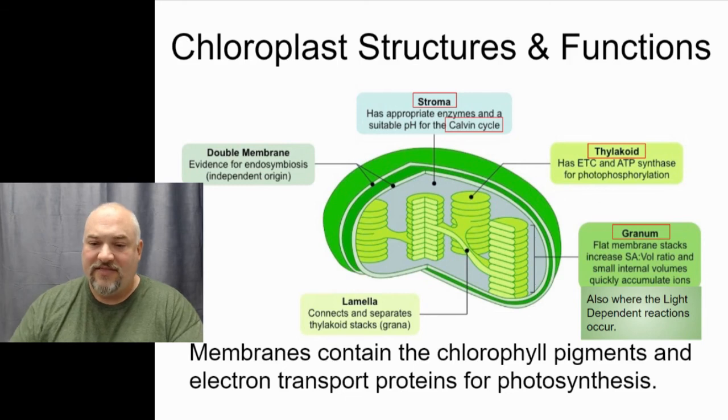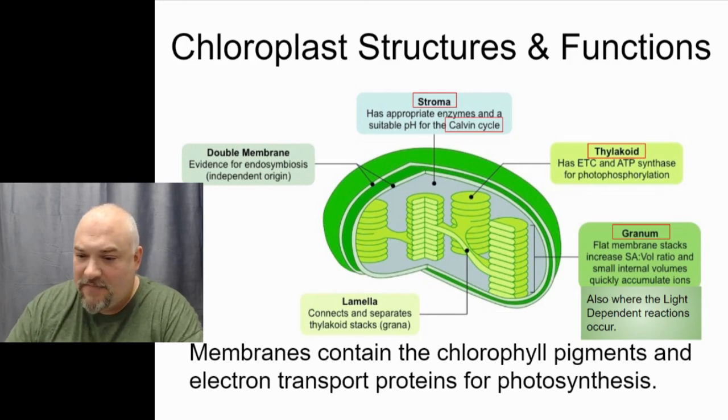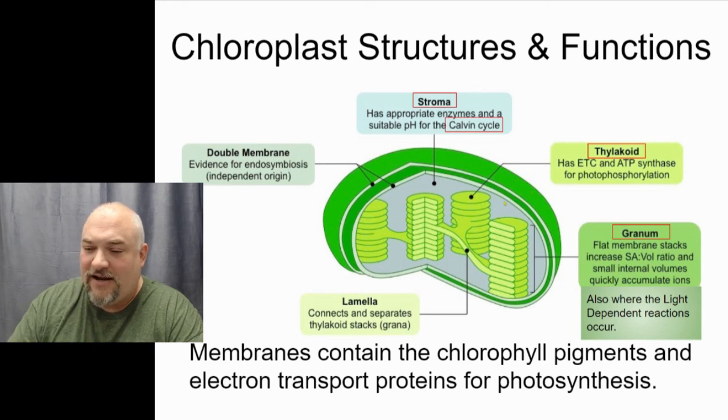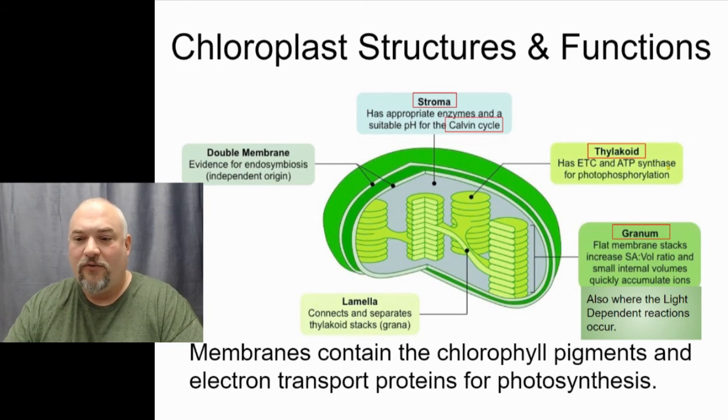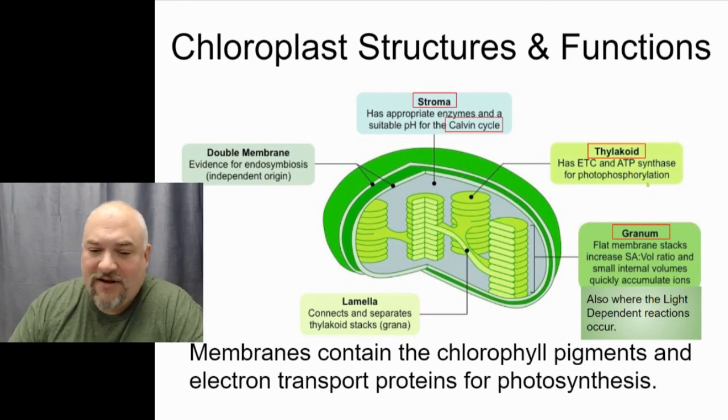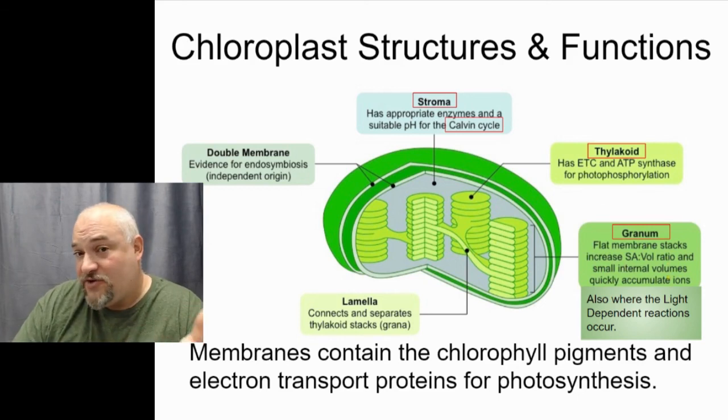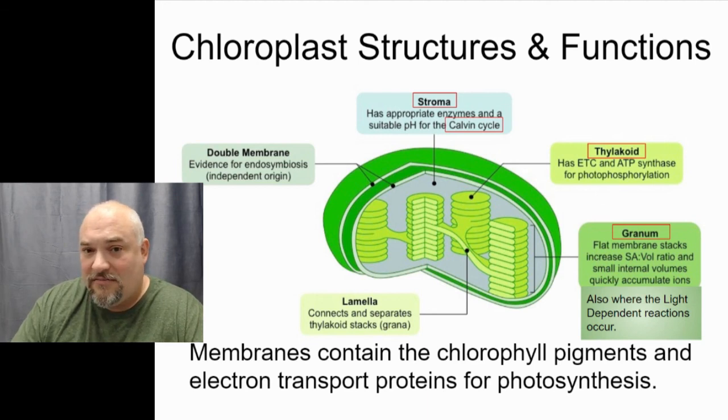And then we have the thylakoids here, which have all the right enzymes, ETC and ATP synthase, that's an enzyme, for photophosphorylation, which will happen in them. We'll talk about them later. And the granum, these flattened sacs, increases the surface area to volume ratio, so that we can